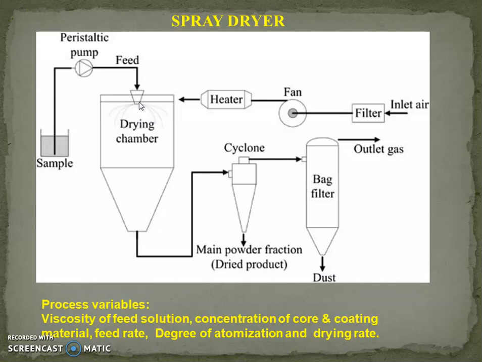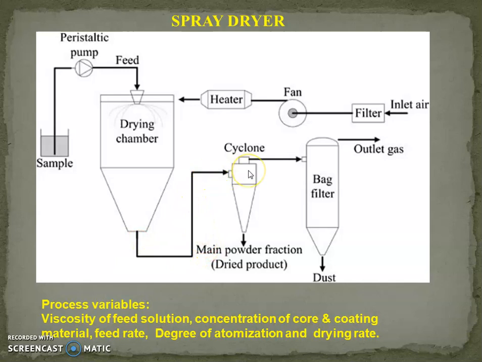As soon as the solution is sprayed into the drying chamber, the droplets of liquid are rapidly converted into the solid form, and with the help of a vacuum, these solid materials are dragged and